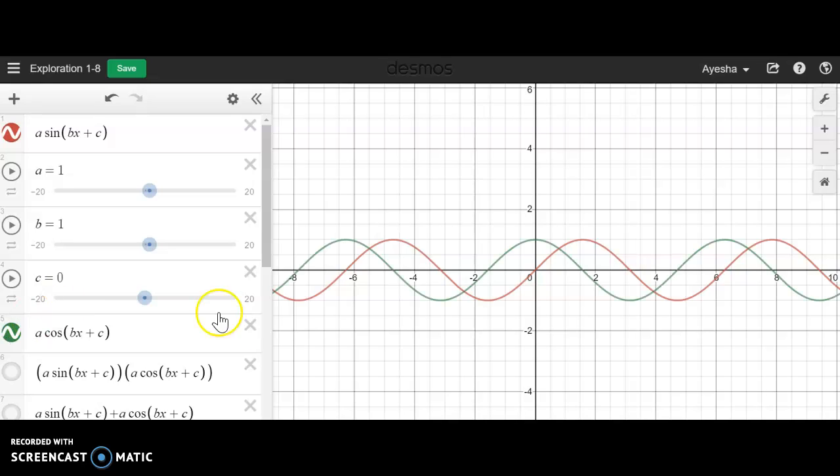and a cosine bx plus c up here just to compare the graph of h of x, f of x multiplied by g of x, and see what kind of relationship we see between the two graphs of sine and cosine and the graph of the two functions multiplied together. So as we can see, the graph of h of x is in black, and it